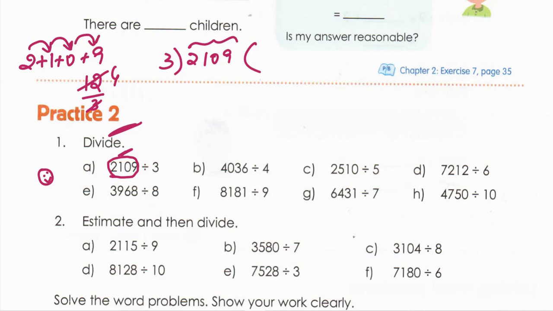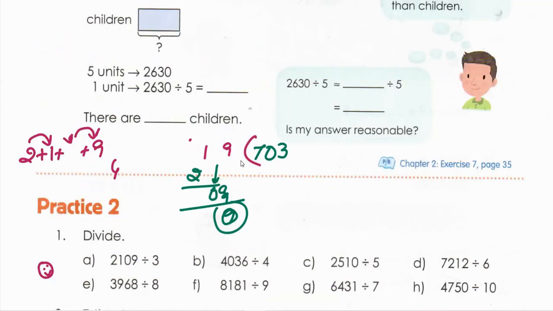Let's check by doing division here. 2 is smaller than 3, so you take 21. 3 7s are 21. You drag this 0 here. Since 0 is here, you have to drag another number. Fine. Keep it as 0 and then you drag this 9 here. It becomes 9. 3 3s are 9. It becomes 0.